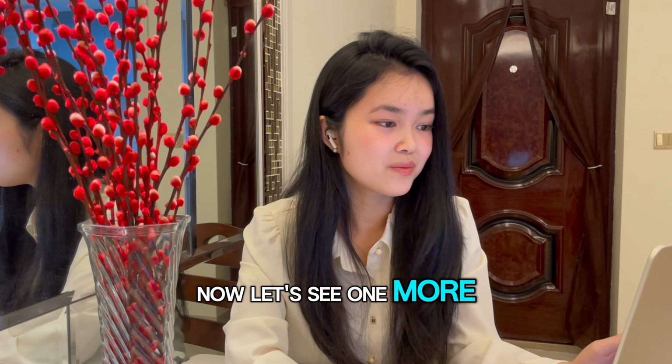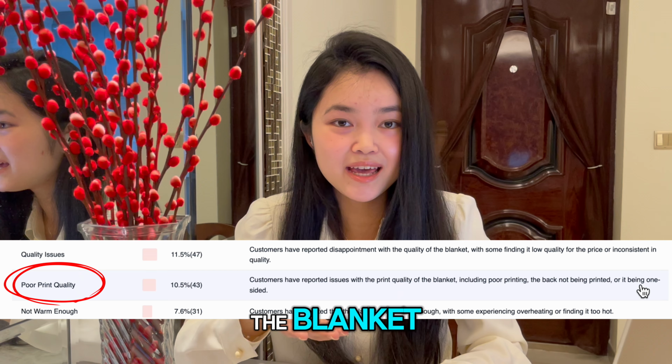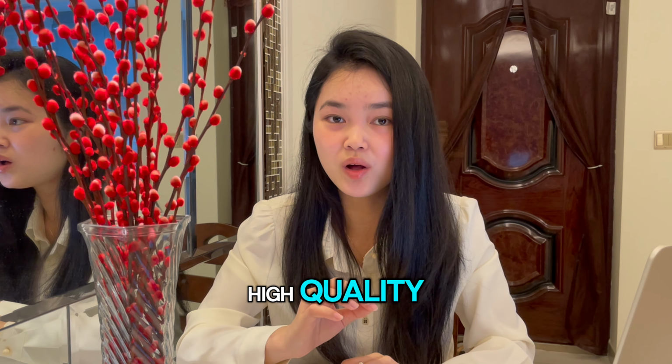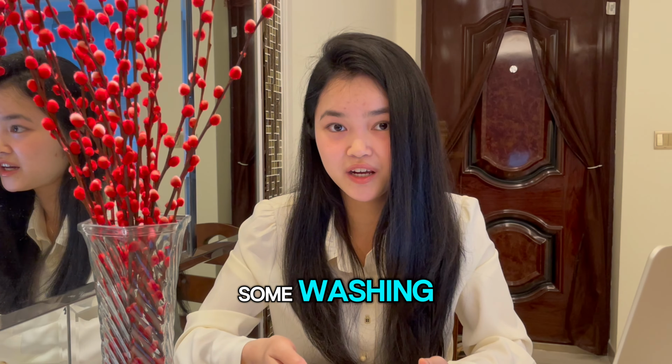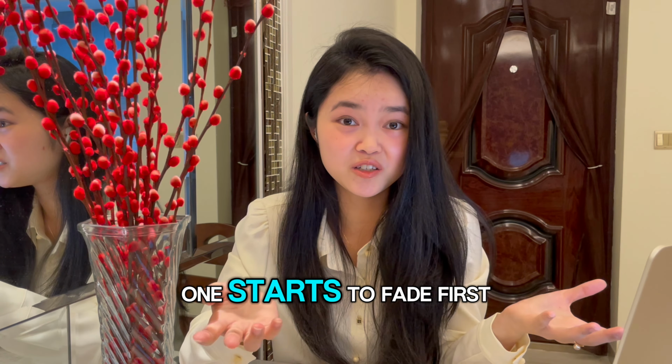Now let's see one more. Poor print quality. We have to make sure that both sides of the blanket are printed to look like a realistic tortilla, and that the print is high quality and does not fade after some washing. What I would even do is just throw all of the blankets in the wash and see which one starts to fade first. So those are all the product defects that we need to improve,